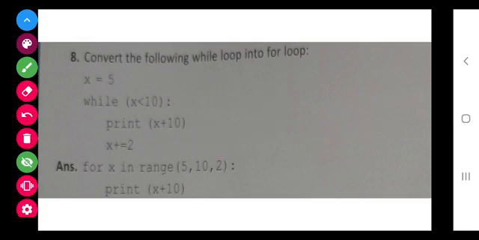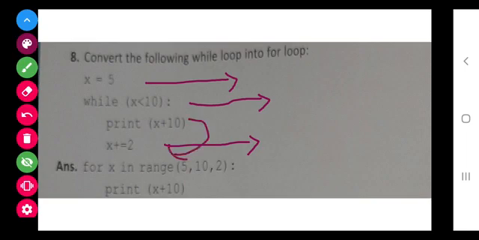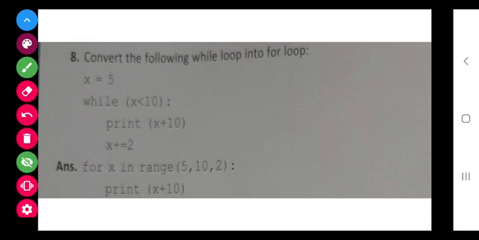In while loop, we have to put the initial condition before the loop, the final condition in the loop header, and the increment or decrement after the statement, because if we give it before the statement, then the value of x initially will become 7, so that's why we are giving it here. We can give it before only when we need the initial condition as 7. Here we need the initial condition as 5. So that is the explanation of this.